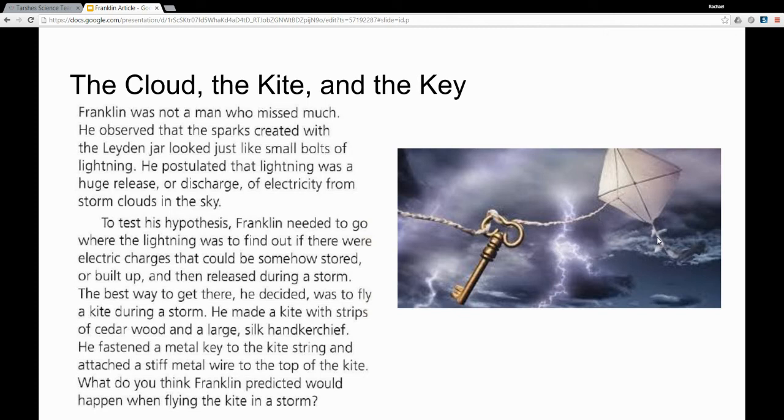To test his hypothesis, Franklin needed to go where the lightning was to find out where electric charges could somehow be stored or built up and then released during a storm. The best way to get there, he decided, was to fly a kite during a storm. He made a kite with strips of cedar wood and a large silk handkerchief. He fastened a metal key to the kite string and attached a stiff metal wire to the top of the